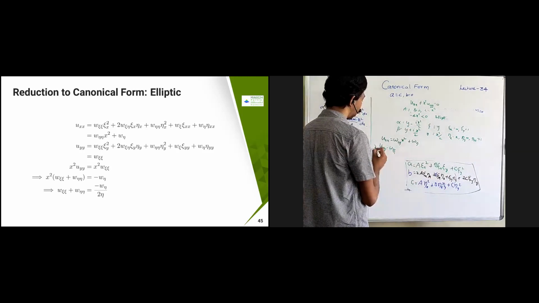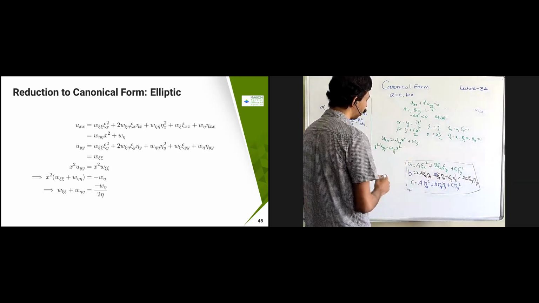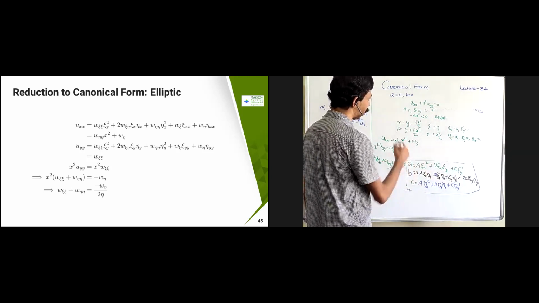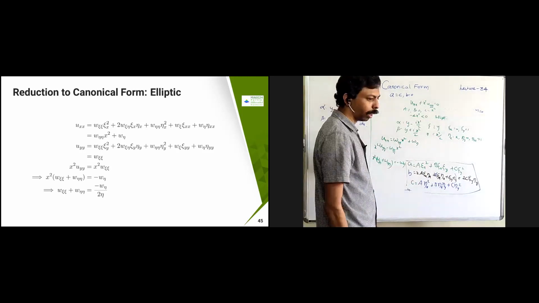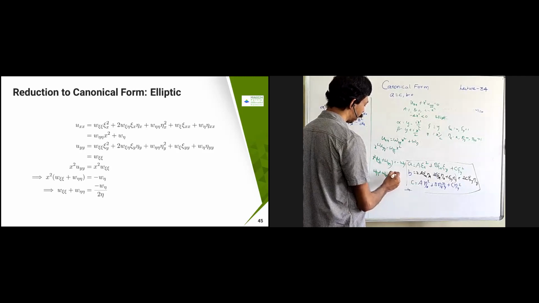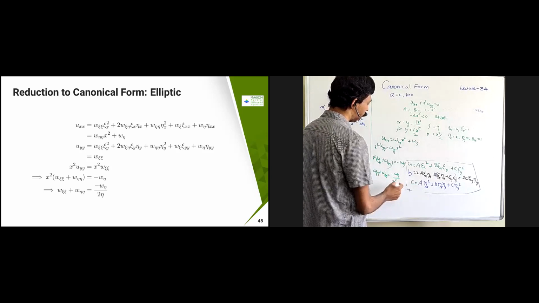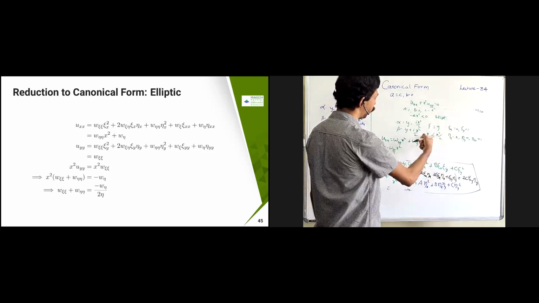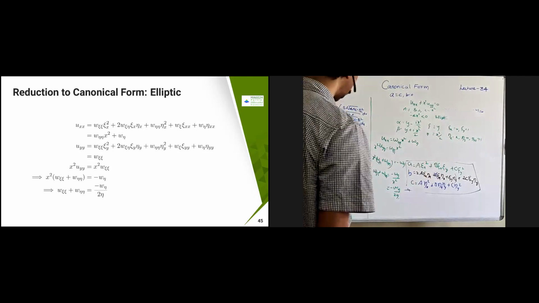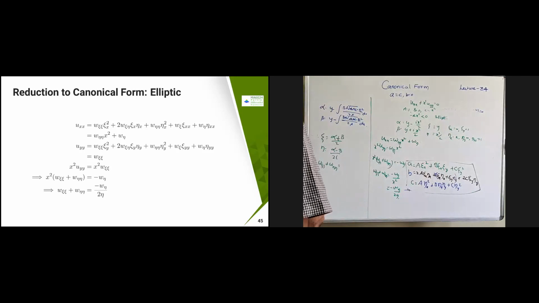So then I have to multiply by x square, so this is also by x square. Okay, so I can just sum these together, and I'm going to get x square into w chi plus w eta, plus w eta is going to come. That I'm going to put on the other side because on the right hand side it is 0. So equal to minus w eta is going to come. So this I can write as w chi plus w eta equal to minus w eta by x square. So what is x square? X square is 2 eta. So this is going to become like minus w eta by 2 eta.